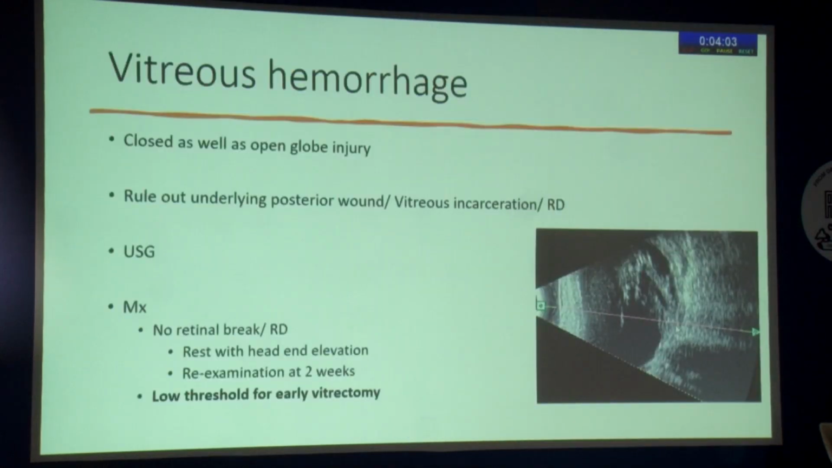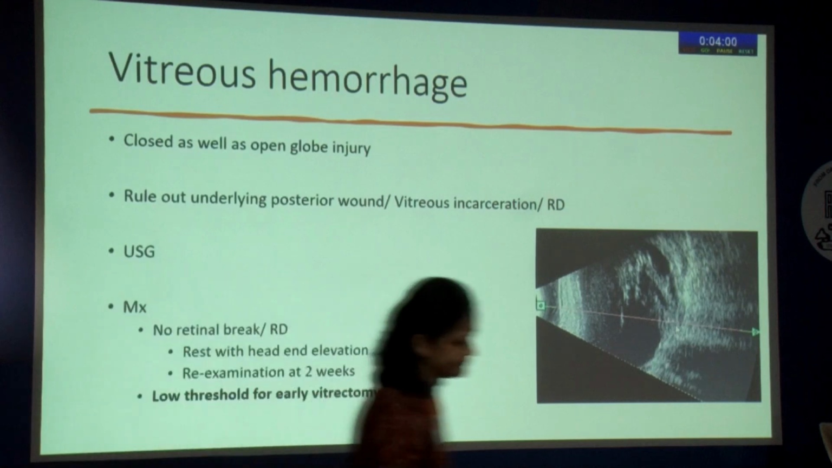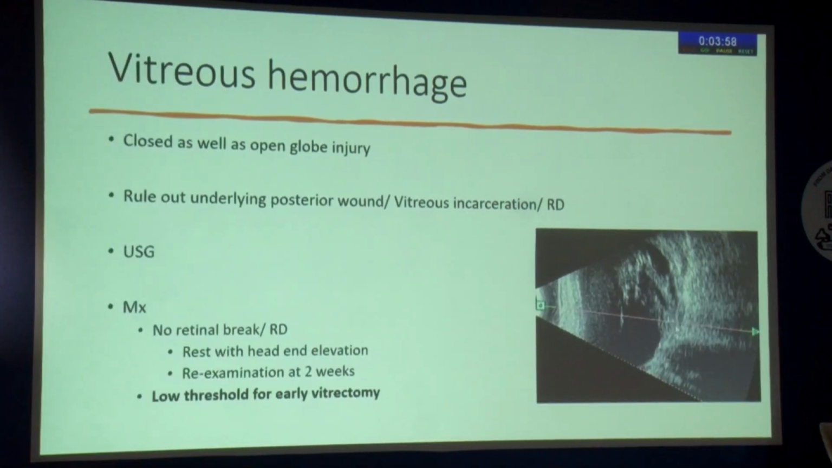Vitreous hemorrhage can occur both after closed globe as well as open globe injury, and important here is to rule out any underlying posterior wound, which could be either a rupture or exit wound, and underlying retinal detachment. So ultrasound is of great boon, and you can do a gentle ultrasound in closed globe injuries and should avoid it in open globe injuries. The management for vitreous hemorrhage more or less remains the same as it would be for the other causes, but one should keep a low threshold for early vitrectomy in open globe injuries because